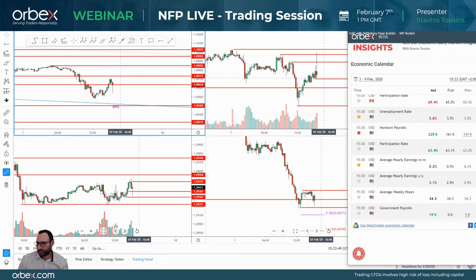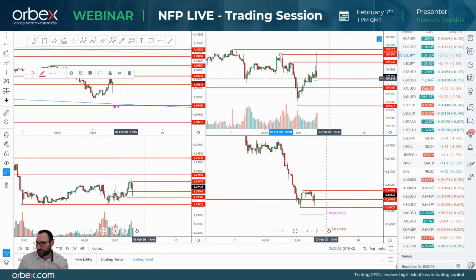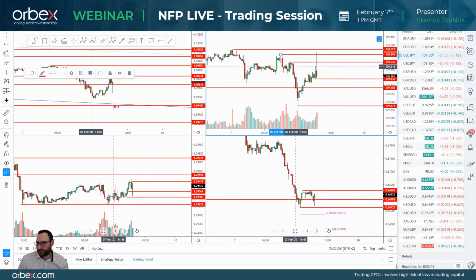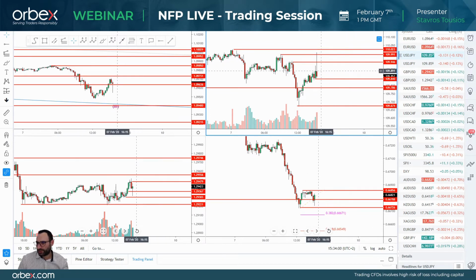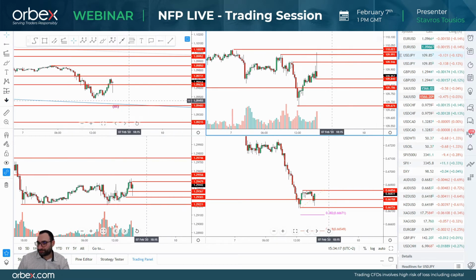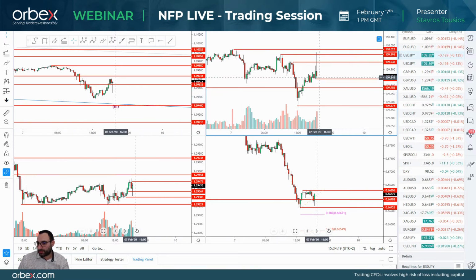Dollar yen moved up. Let's just see, we're 15 minutes in. So we opened up right here, 109.80, it went up to 109.91. I mean, 15 pips. I did say actually I'm expecting anywhere between 10 to 20 pips to move today. That's happened. I'm surprised, because we only saw that on dollar yen.